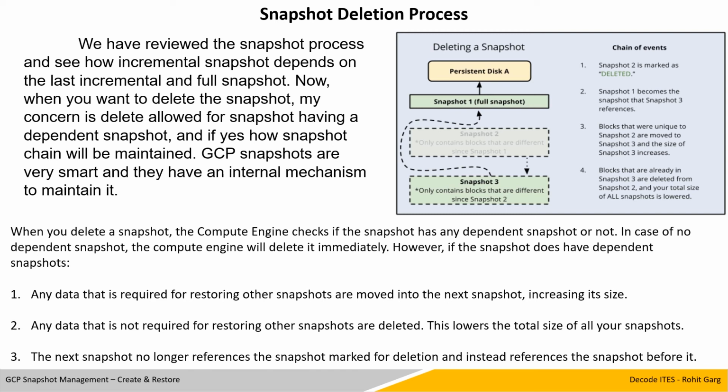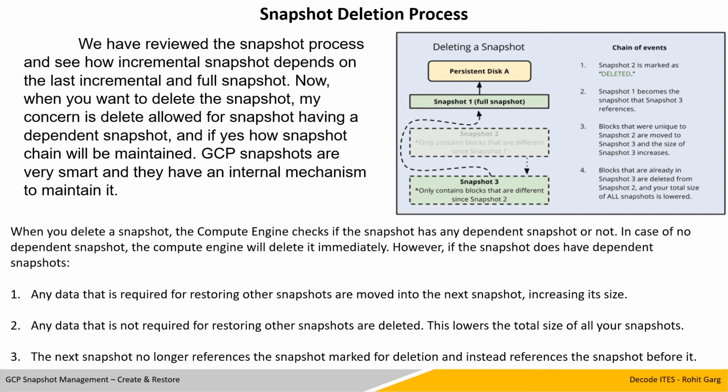If we consider the above example where we have taken snapshots 1, 2, 3, and in 3 we have reference pointers to snapshots 1 and 2 along with the changes made after snapshot 2. In case we delete snapshot 2, then snapshot 3 needs to relink all the data from snapshot 1 and copy all the changes made after snapshot 1 which were previously a part of snapshot 2, and this will result in an increase in the size of snapshot 3.